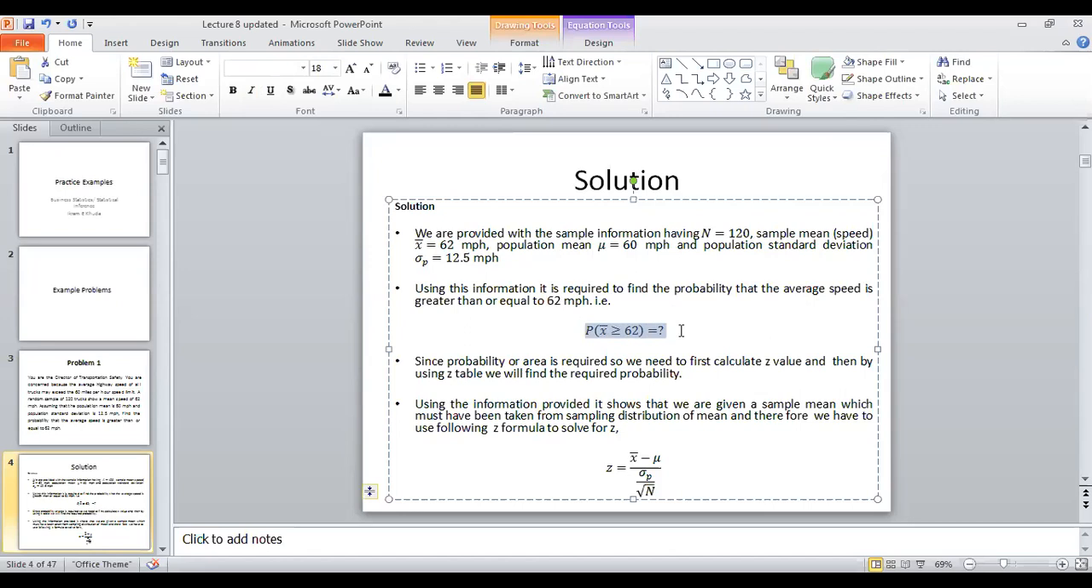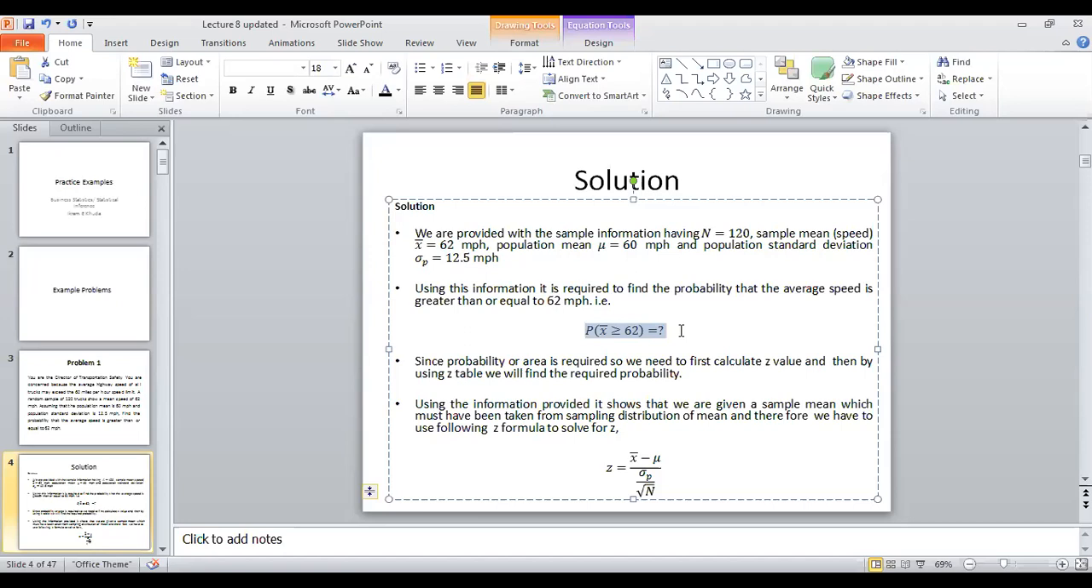Since the probability or area is required, we first need to find the z value, and then by using the z table, we can find the required probability. So it's a simple thing to do. Now we have two z formulas, remember. The first z formula is used when we have the random variable as just the measured values, and it is told to us that these measured values follow normal distribution. That z formula is x minus mu upon sigma, where sigma is the standard deviation of the random variable. But the second z formula